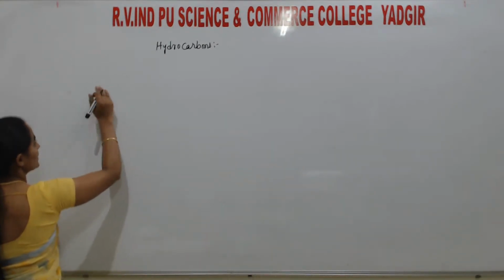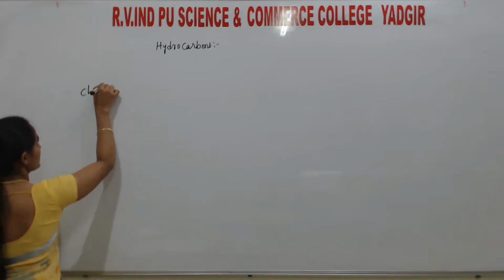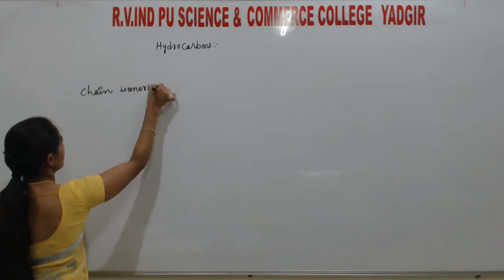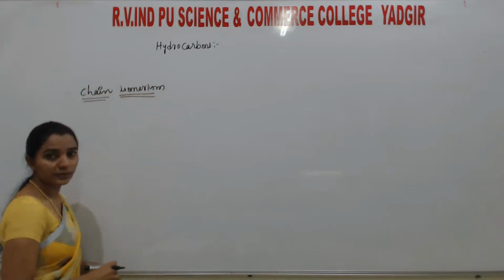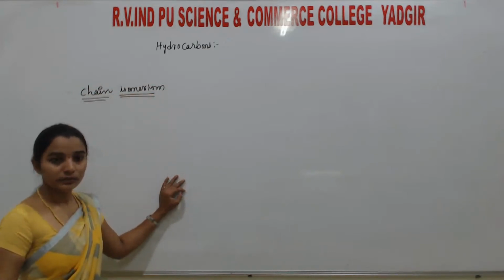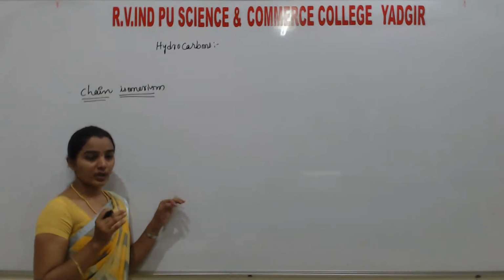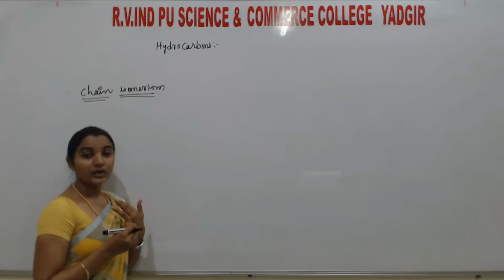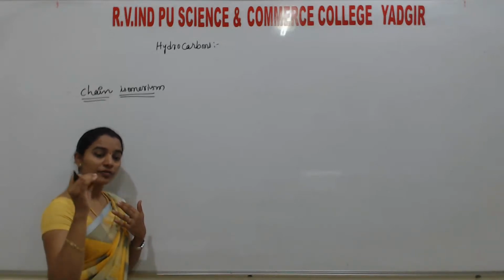Isomerism of alkanes means it explains chain isomerism. This alkane shows chain isomerism. What is chain isomerism? The compounds having the same molecular formula but differ in parent chain, or differ in number of carbon atoms